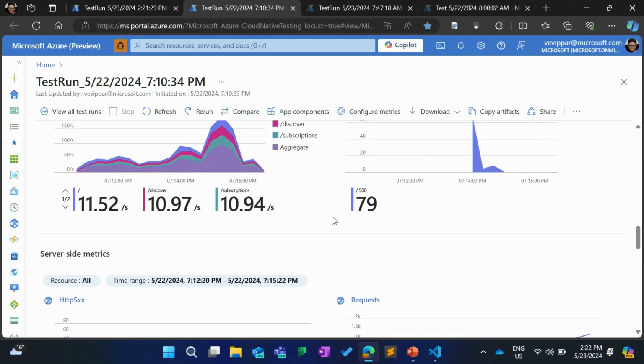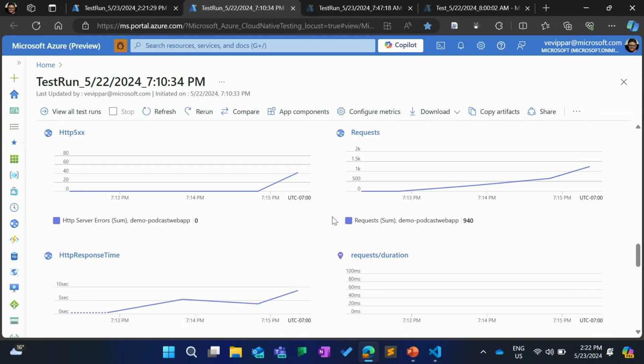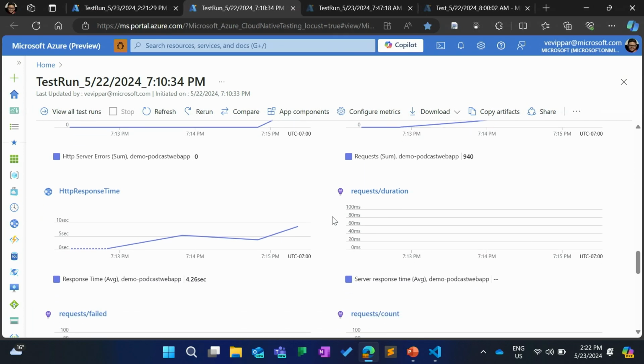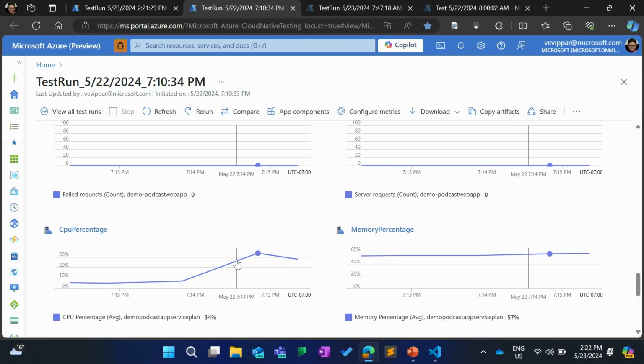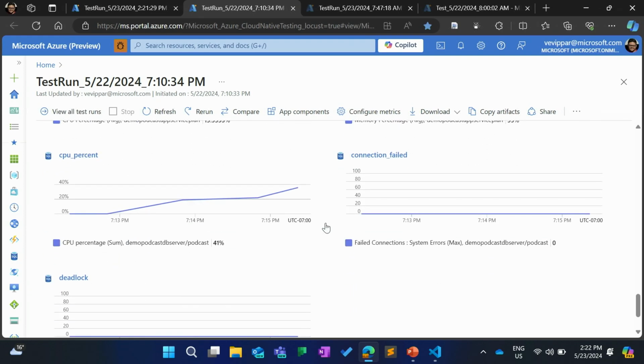So I want to go see what's happening. Here are the metrics from the server-side resources. I can see that as the load is ramping up, the CPU consumption of my app service is going up, and the memory consumption is almost close to 60. It's not that bad, so we do not see many errors, but the performance is not that great. One thing that I could think of is maybe choosing a higher SKU for my app service.